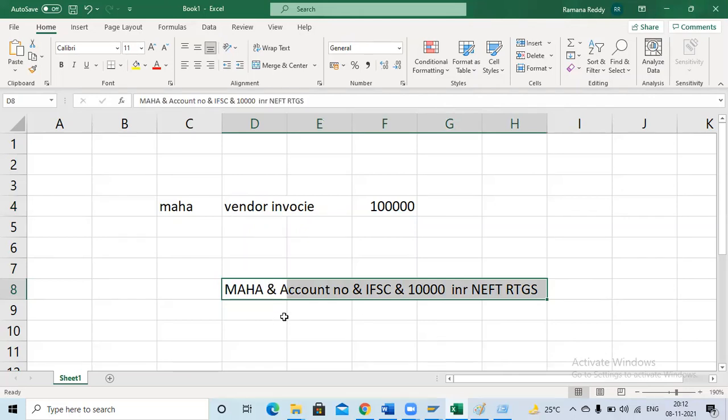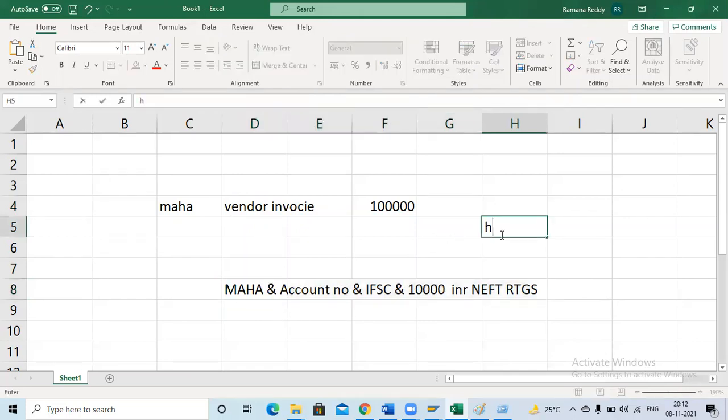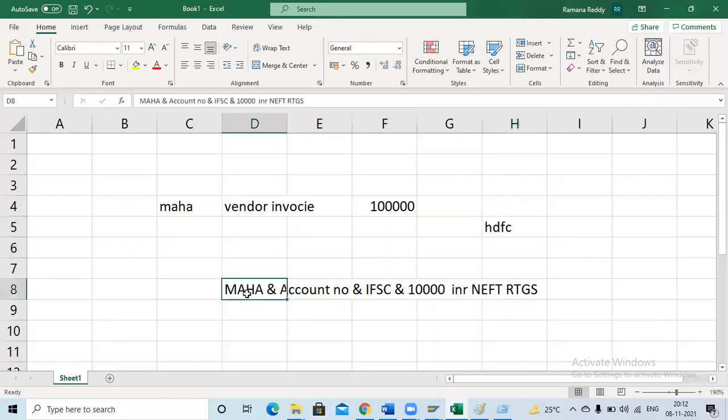First, what will the bank do? Suppose I am using HDFC Bank. HDFC Bank will give one format to our company. Based on the HDFC format, I am going to do the configurations in the DME tree. In the DME tree, I will arrange the data like this. First, the system has to print the vendor. Next, the account number. Next, the IFSC. Why am I using this format? Because this is a bank format.